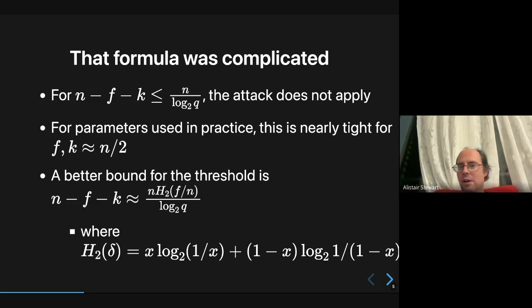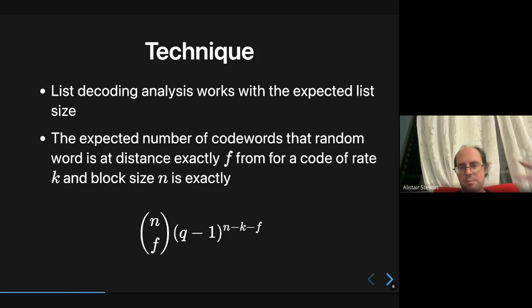So if you have a 128-bit field, it's 1 over 128, and I'm not even sure why this makes too much difference. But that's what we get. So there's the bigger font version. And the technique is basically these list decoding